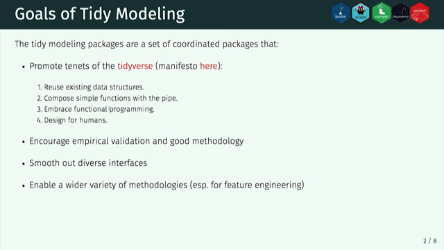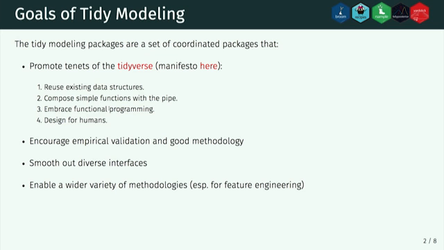So the goal is to enable a wider range of methodologies in terms of models, but also promote this idea of better, what we would call feature engineering, thinking a lot more and doing a lot more with the type of predictors that you put in your model, because that's a lot of times really where performance of your model increases. It's not necessarily whether I used random forest versus a support vector machine. That very often is immaterial if you haven't really crafted the predictors that are going to model well. Okay, so we really want to enable that with the packages that we have.